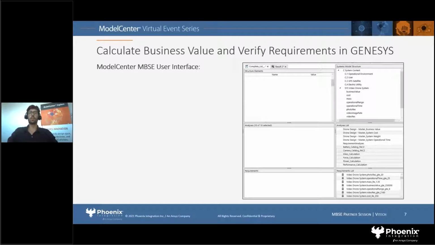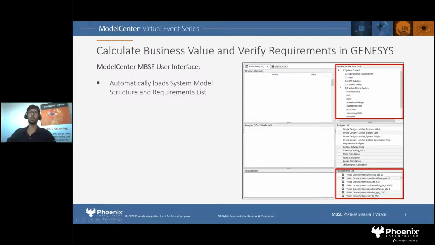We'll now see how Model Center MBSE allows you to validate the assumptions of conceptual designs and to verify if the requirements are satisfied or not. This is what Model Center MBSE user interface looks like when you open it from GENESYS. So you can see here different sections, 3 of them. When you fire up Model Center MBSE, it will automatically load the system model structure, as you can see here,